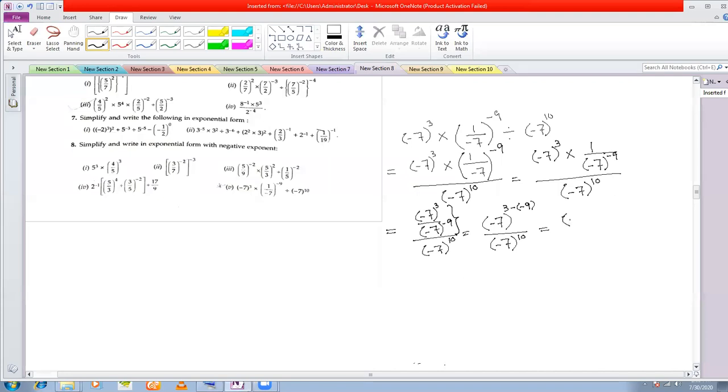Now this becomes minus 7 to the power of 12 divided by minus 7 to the power of 10. Now this is again a to the power of m by a to the power of n form. So this can be written as a to the power of m minus n. So this is minus 7 square, but this is a positive exponent. The question was write in negative exponent. So what will I do? Take the reciprocal, which can also be written as